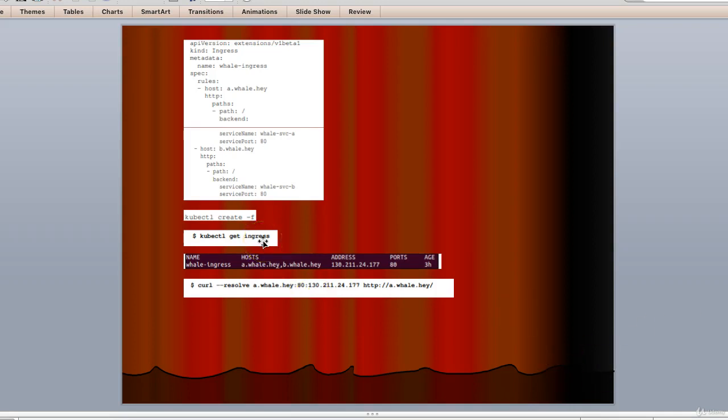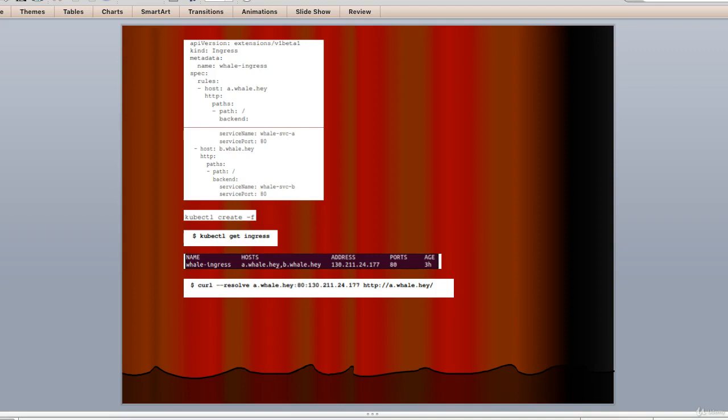Once this is successfully created, we will need to wait a few moments for GCE to give the ingress a static IP address. Use the following command to watch the ingress resource. This is the command I am mentioning, and you will get the details of the resources here. Since this is not a registered domain name, we will need to specify the resolution in the curl command, like this.